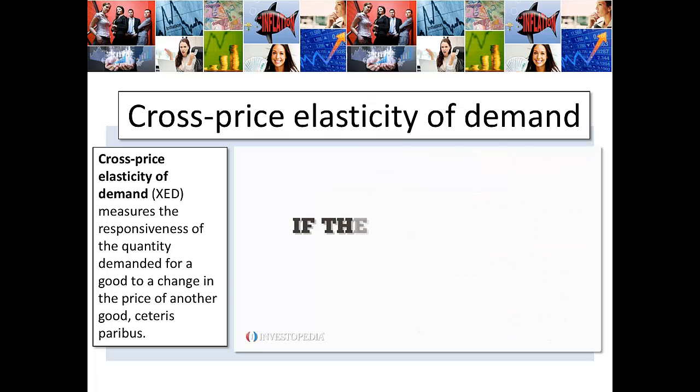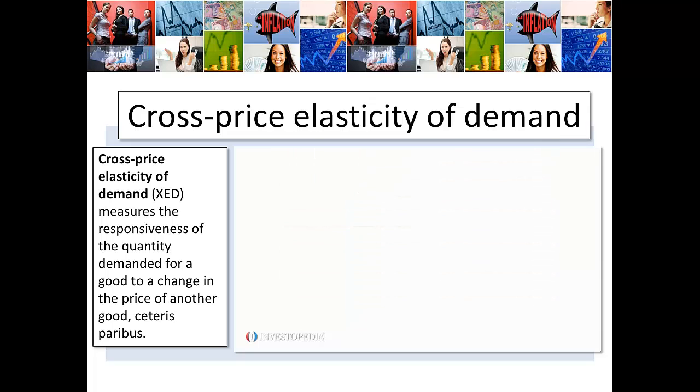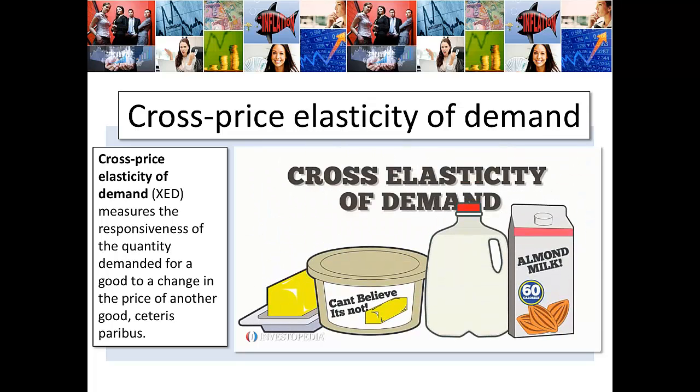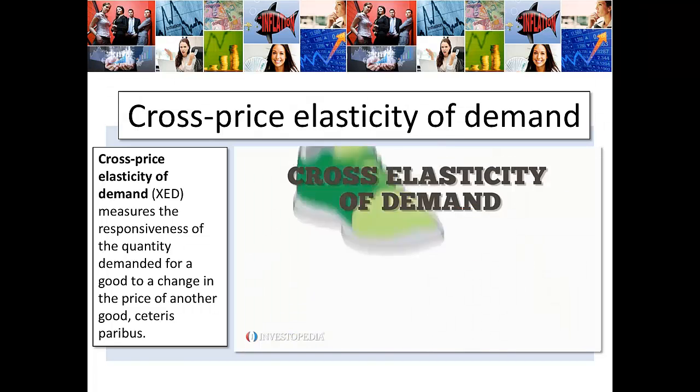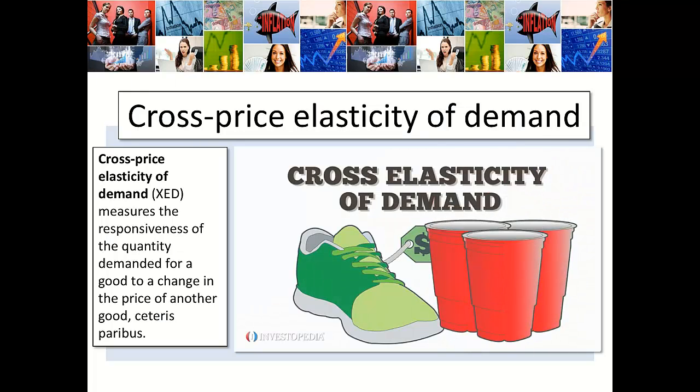will fluctuate. If the calculation warrants a small value, then the two goods are in a relation. Cross-elasticity of demand really only applies in situations where the two goods or services are related in some way. For instance, an increase in the price of shoes is not going to linearly impact demand for replacement